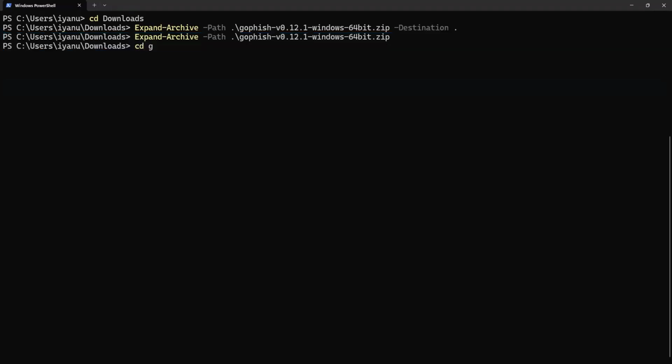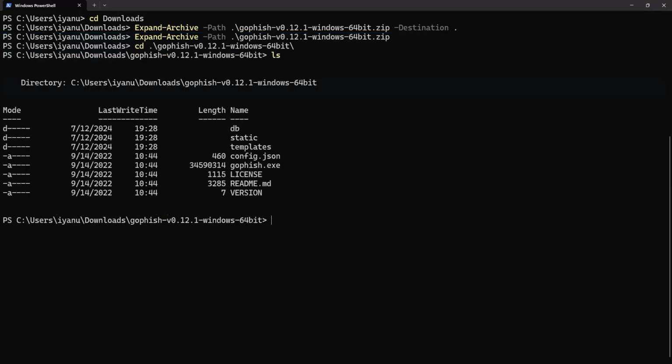Okay, so let me try to change directory now and see. Okay, now I have it. So in this directory, we have a couple of things. GoFish, like I said, is for any platform. So we downloaded the Windows version because I'm currently running this off Windows, and we have the exe file we can run. Even if you extract from File Explorer, you still have to run this binary from the terminal. Because if you try to double click the exe, it may not run. So you still have to open the terminal and execute the exe from the terminal.